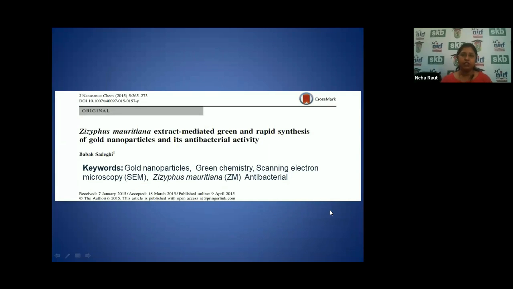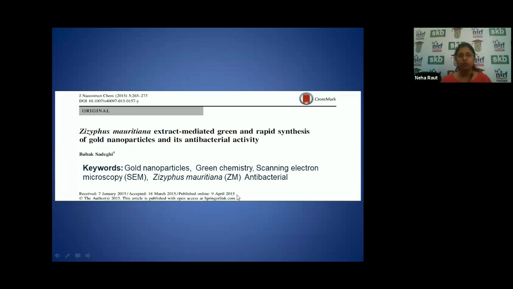This is the screenshot of the paper. You can see the journal name is at the upper end with the year of publication, then the volume and the page number are mentioned here. The DOI number is there. It was received on 7 January 2015, accepted by the journal on 18th March 2015, and published online